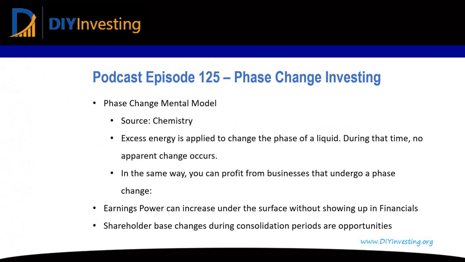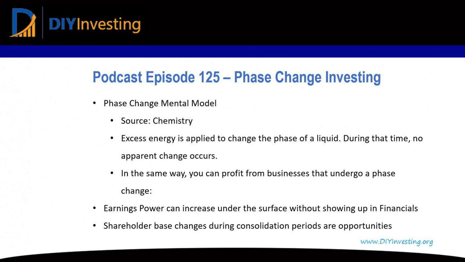So again, this process can take years, but if you think about what it means to buy at a multiple of 10 times earnings and sell at a multiple of 20 times earnings, that's a double. And so if it takes 10 years to do that, that's going to add 7% per year to your returns. But if you bought at a 10 times PE multiple, then you have a 10% earnings yield. And so your return is going to be the 10% earnings yield plus the 7% multiple expansion that you get. So you're going to have 17%